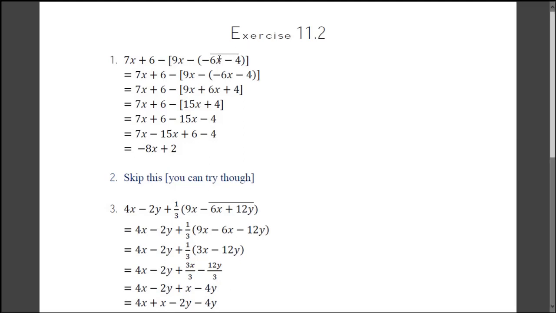So the first task is to remove this Venn column, okay. So when you open this Venn column or the bar bracket, it will remain constant, okay. This will remain constant, remember, okay. But in this question number 3, if you just see it, the signs will be changed, okay. So this will remain minus as it is, so minus into plus, it will be minus. So it will be minus 12y, okay.